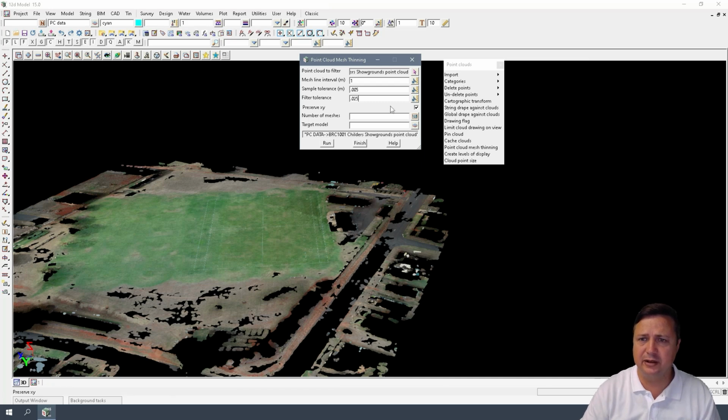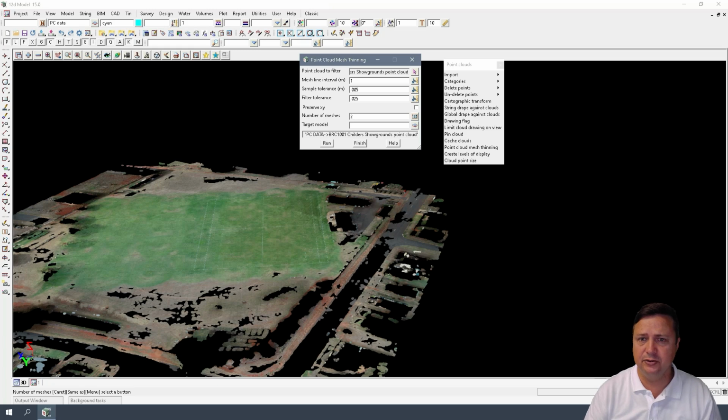So I'm going to untick preserve XY. The number of meshes, one mesh is a grid, so north, south, east, west, and 2 meshes is that turned on a 45, and 3 meshes is it turned on a 45 again. So you'll get great coverage if you do 3 meshes. 2 is plenty,